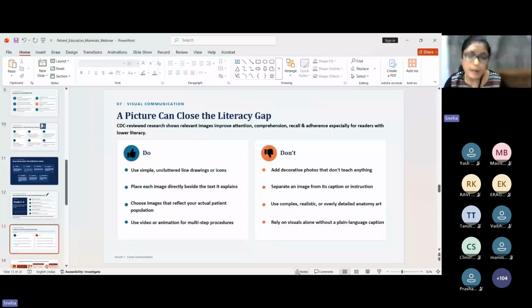Now, a picture can close the literacy gap. So, a picture, for example,